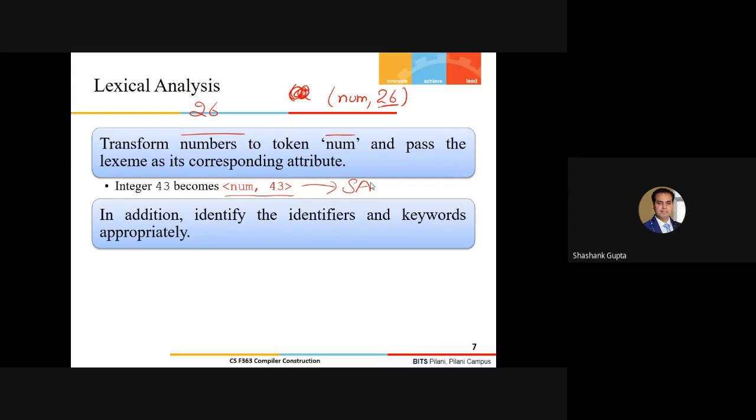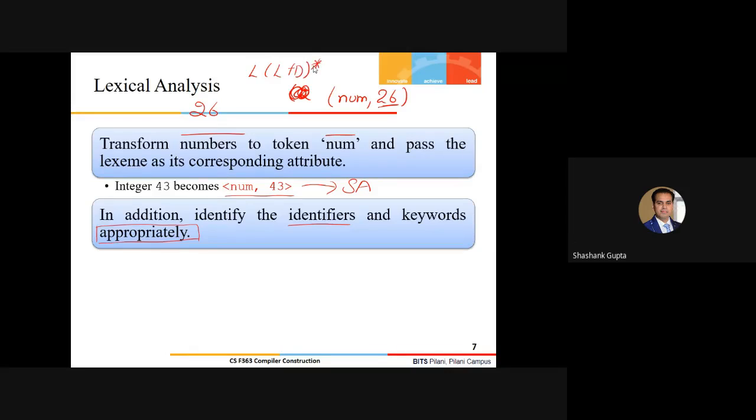In addition, there must be some scope for identifying the identifiers and keywords appropriately. If you recall, I focused on this word, appropriately. We have seen earlier that there is a well-defined rule for identifying identifiers.